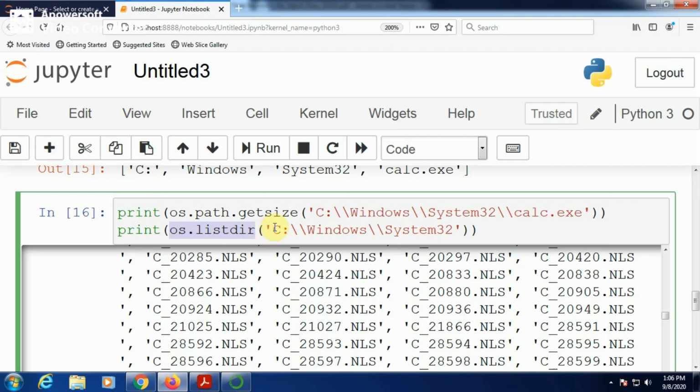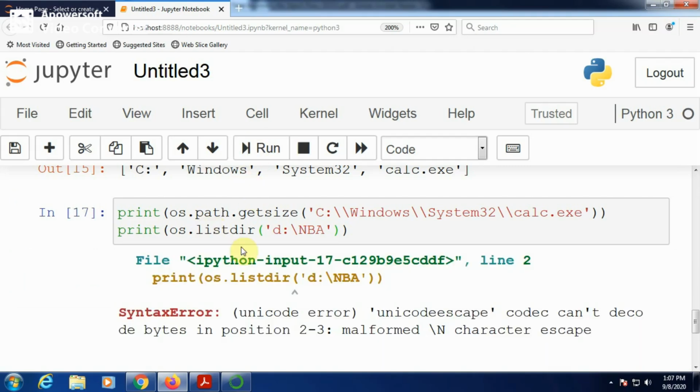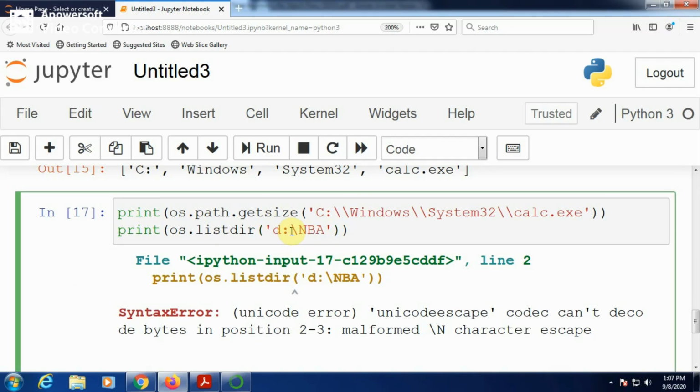In the same way, if you try to display some other folder's content, for example d:\nba, there is a folder nba. Run it. You have to give 2 backslashes, otherwise it takes it as an escape sequence character.